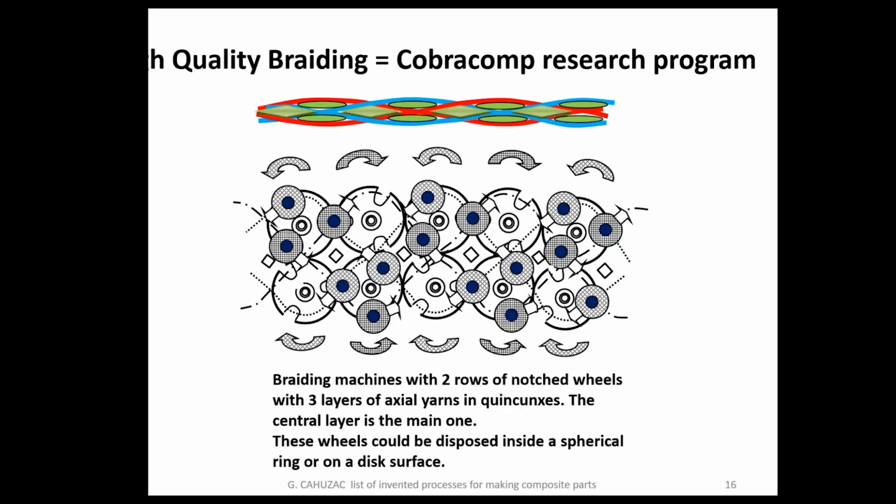High quality braiding, everybody knows well. So the last part, highlight invention, is made with rotary weaving machines